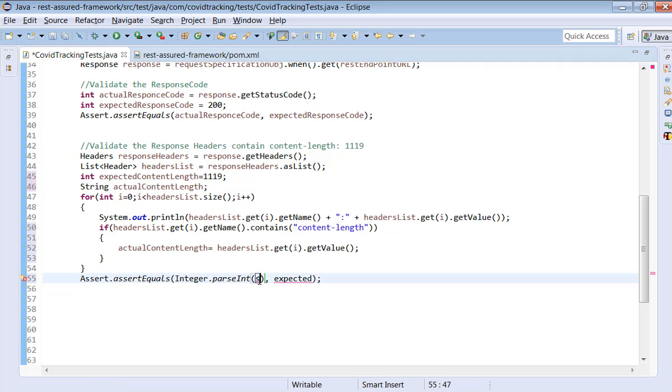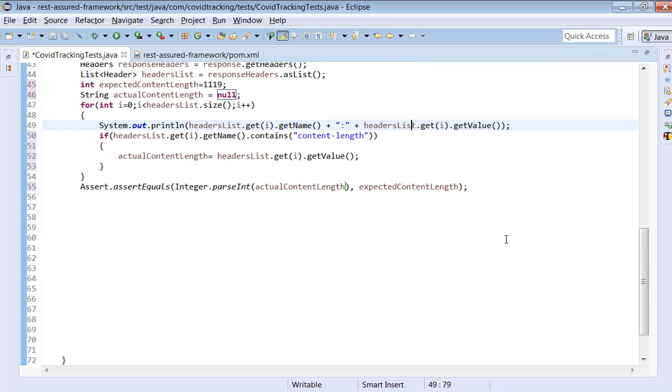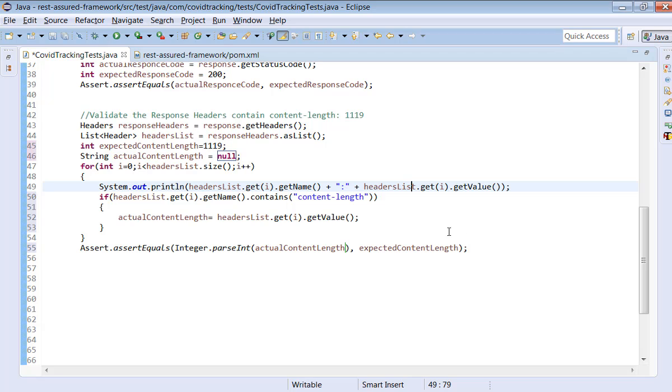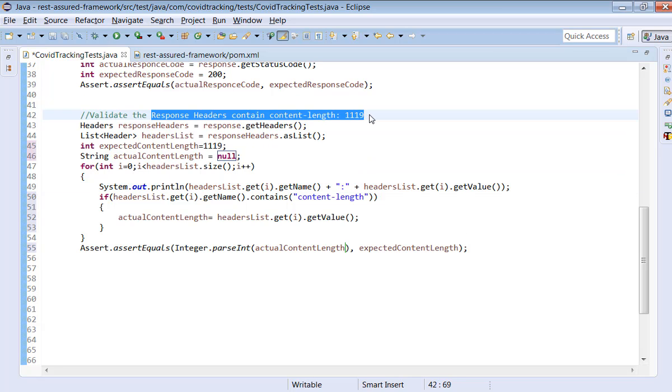It will help us convert this string into an integer, because 1119 is an integer, not a string. So we convert the string into integer and validate the result. That's it. This is how you validate that the response headers contain content length as 1119.